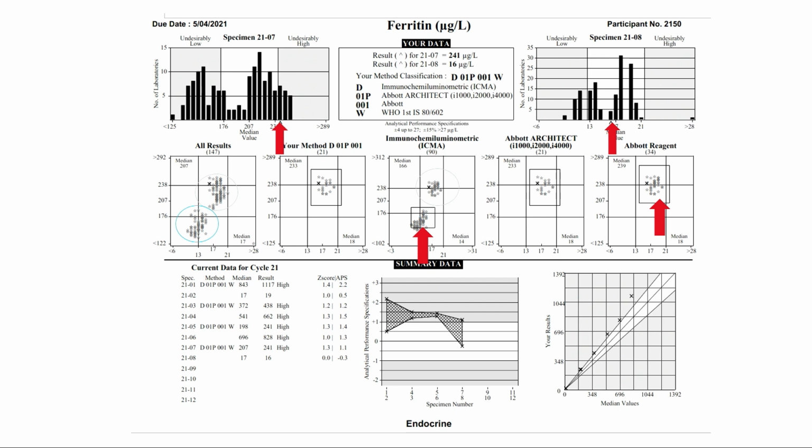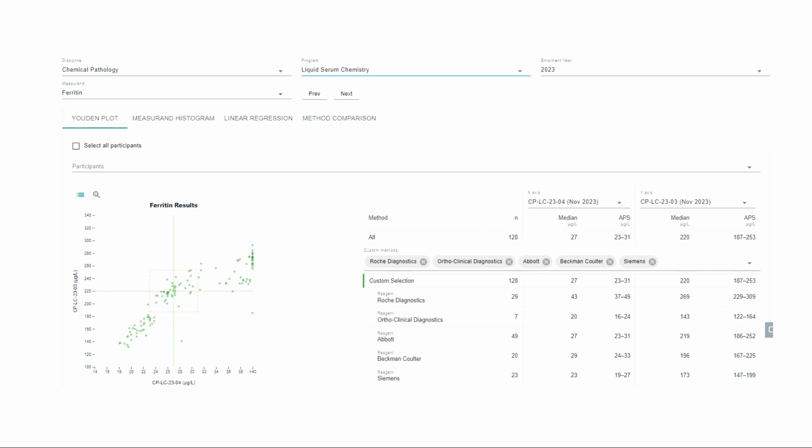So people would say, oh, it's a problem with the EQA material. It's an artefact. Okay? This is a liquid serum chemistry program, so this is patient samples. So this is a sample that's come from a patient who's undergone phlebotomy because they've got hemochromatosis. It might have been pooled with that same patient, but as far as we can tell, all we do with the sample is we freeze it, and then we send it out. We have problems because we can't send it very far away, but we do send it within Australia to a whole lot of laboratories. So as far as we're concerned, this is a commutable sample.